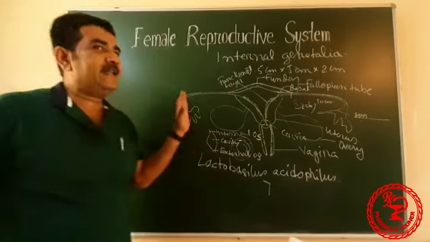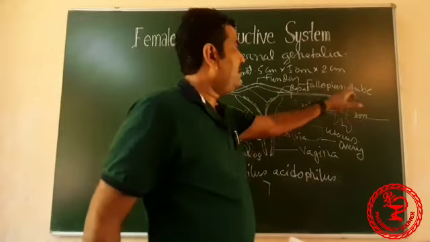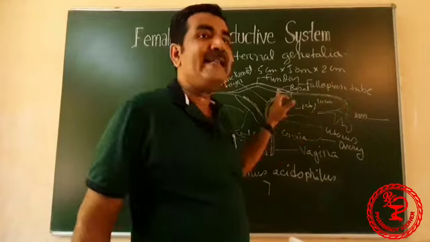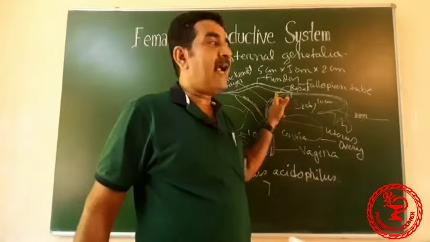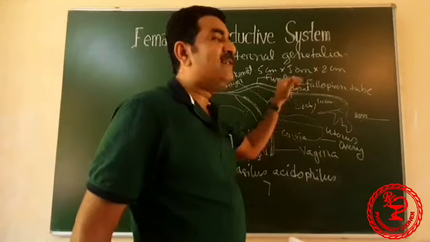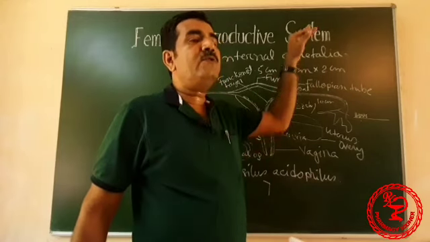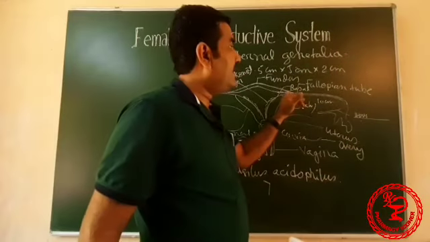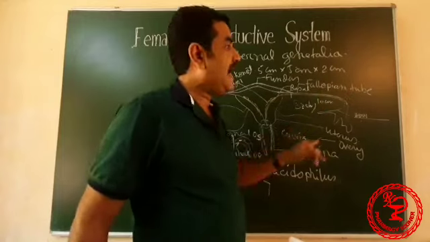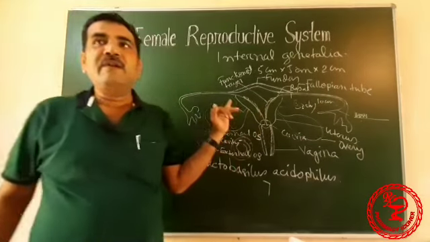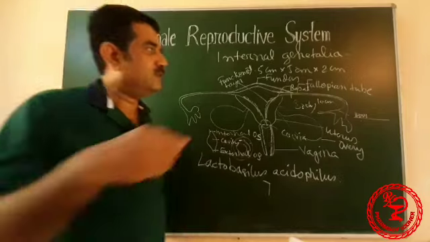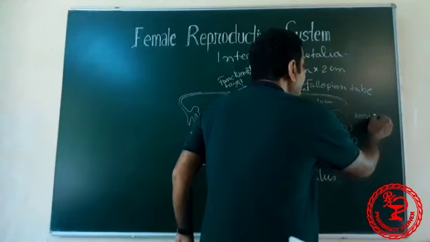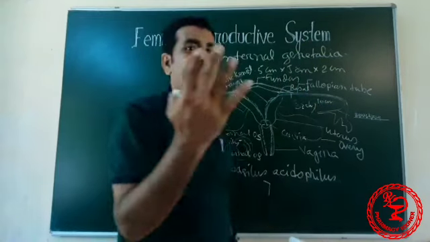Next portion of the internal genitalia is the fallopian tube, which is also called the uterine tube. This is a 10 centimeter long tube, and like the other parts, it also has 3 layers. The outermost layer receives some protection from the peritoneum. The middle layer is made of smooth muscles, and the inner layer is made of ciliated epithelial tissue, with cells and above them cilia, or small fiber-like structures.